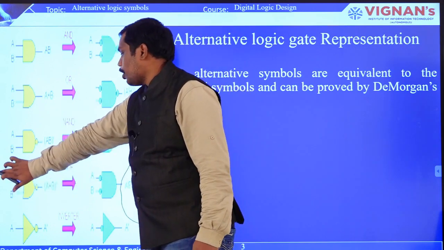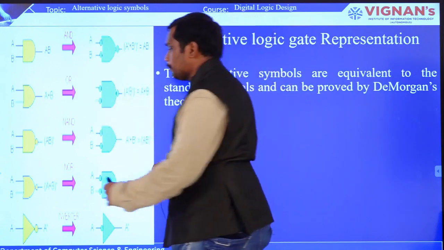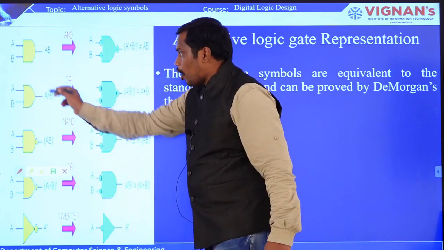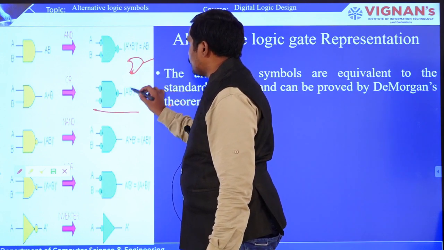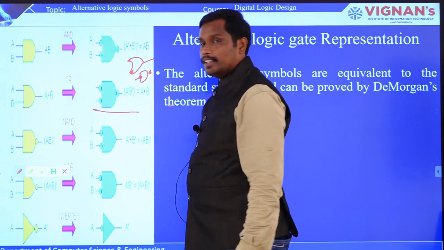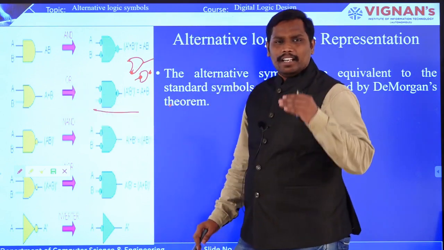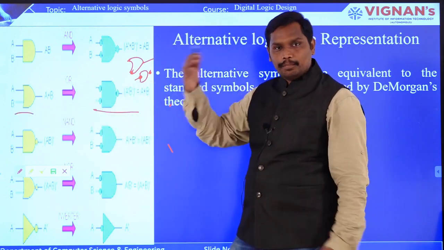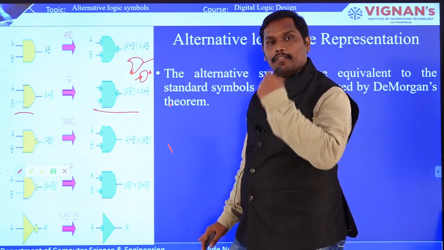In the same way, you can also do it for the OR gate. The OR gate already has A plus B, and this OR gate can also be represented with an alternative symbol. You can see that symbol here: it is converted to AND, with the input as well as the output having an inverter, which is the NOT symbol. So this is how you are going to represent the OR symbol. It is very simple. For the input and output of the whole gate, you convert AND to OR or OR to AND, and then put the bubble symbols on input and output. This is how you get an alternative symbol for the OR gate, right?